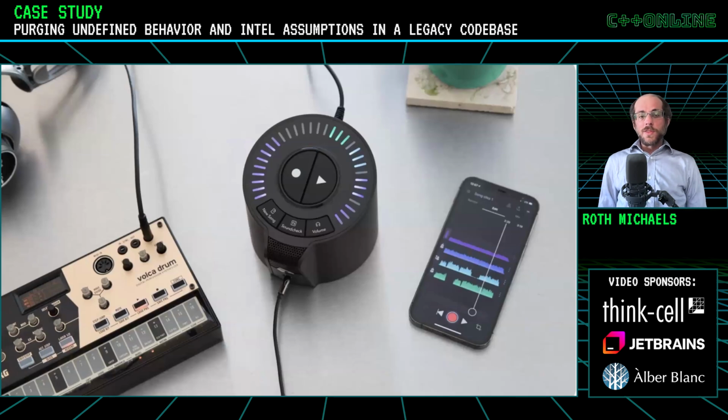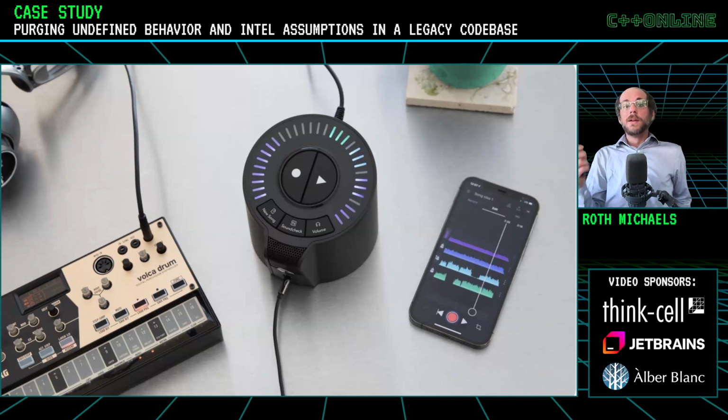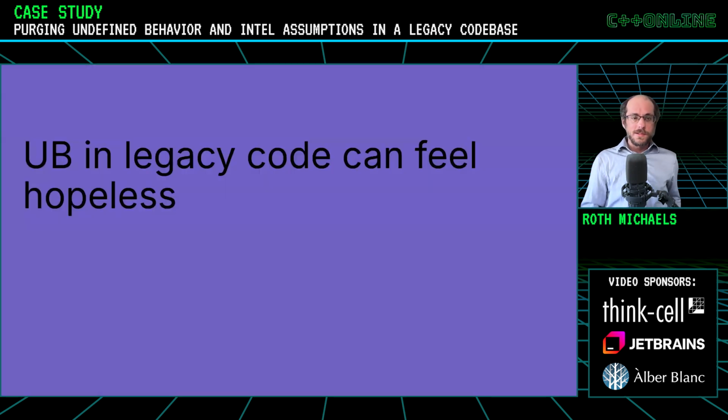An interesting thing is that while most of our code was Intel, at the time we did have some iOS software and some hardware we were making that was ARM based. So we did have some ARM machines that those Intel assumptions I showed you before wouldn't work on, but those were in different parts of our code base.